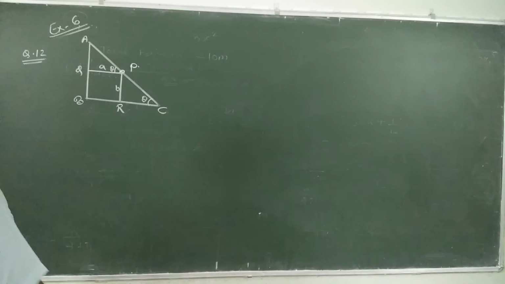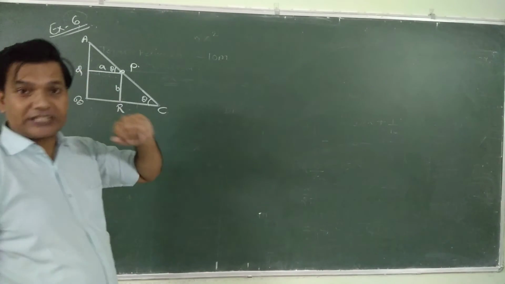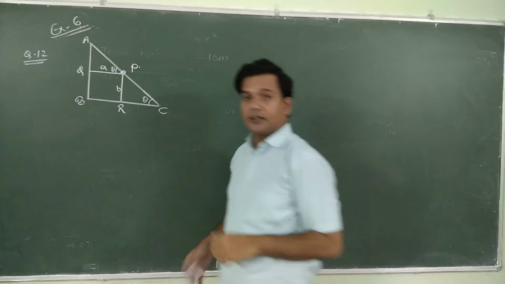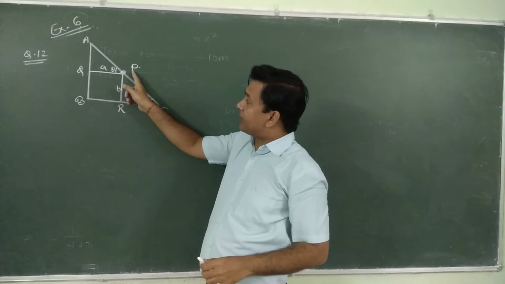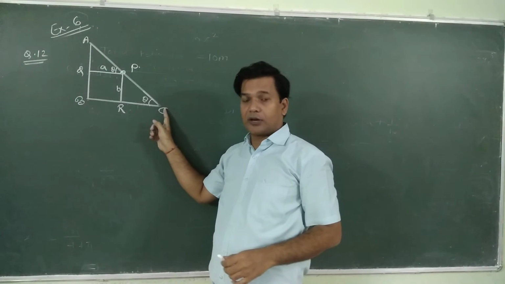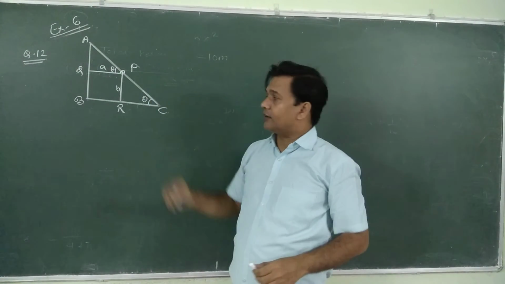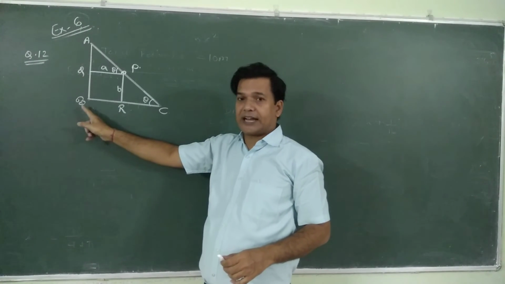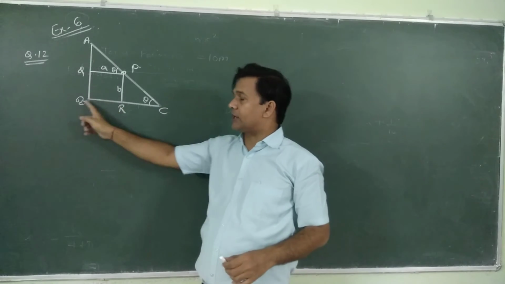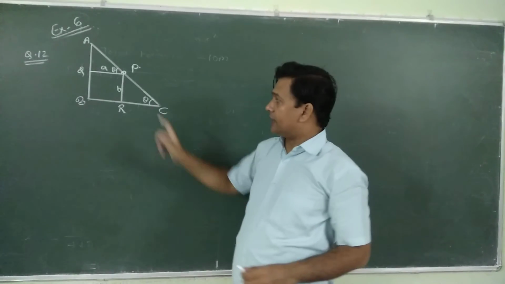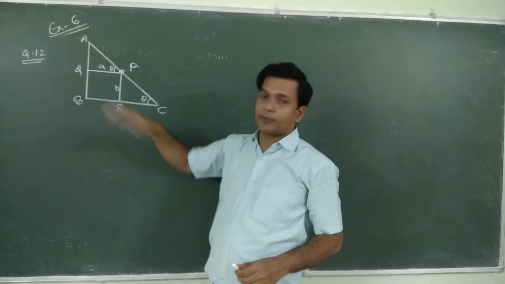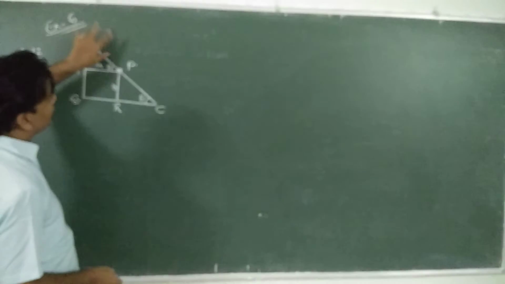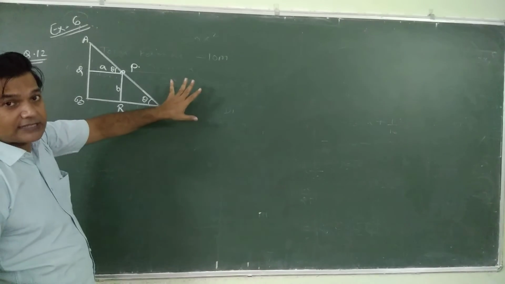Now we are talking about the 12th problem of miscellaneous, in which we have a right angle triangle in which a point P lies on the diagonal or hypotenuse AC, which is A units away from the AB side and B units away from the BC side. And here is the angle theta. Both are theta because these are corresponding angles. Now I want to find out the length of this total hypotenuse AC.